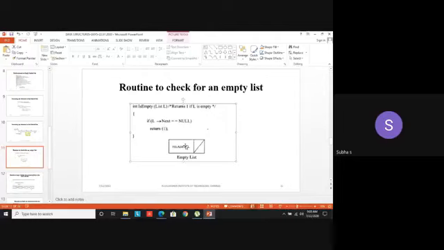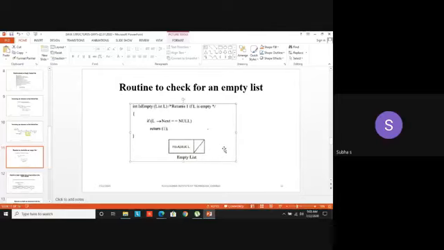Header is denoted by L, or you can have it as head itself. If head arrow next equal to null, return 1. My function is returning true. Return 1 means return true. It means that the given list is empty. Suppose I have only one element in my list, 10.